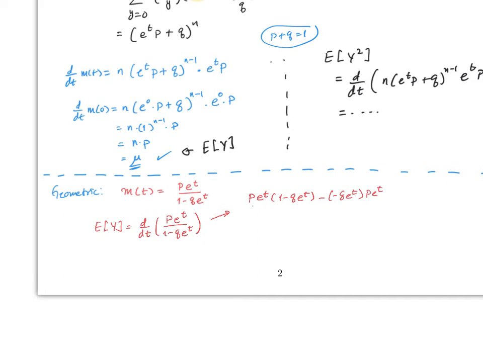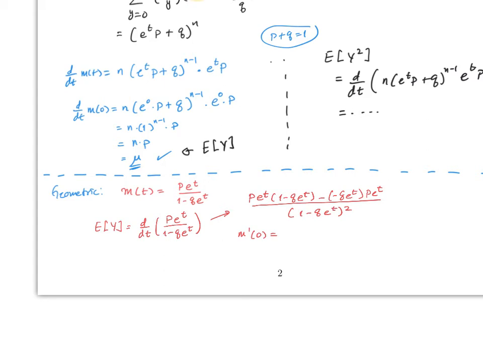Okay, or f prime g minus g prime f over g squared, depends how you learn this, and then over 1 minus q e to the t squared. So that's the first derivative. So therefore, the first derivative, if you evaluate it at 0,